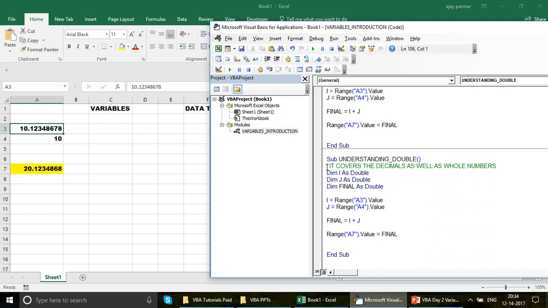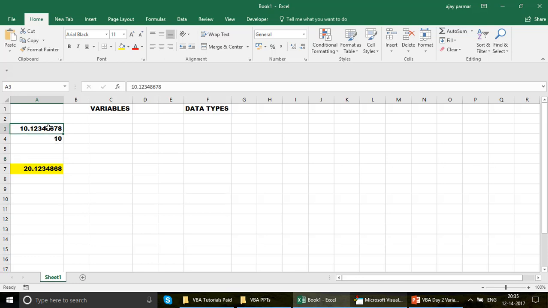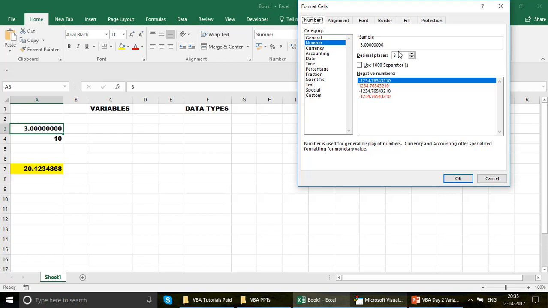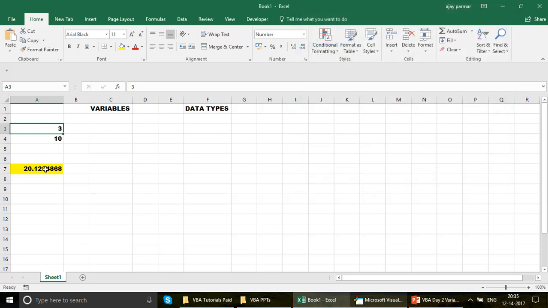So that's how we have the Byte, the Integer, the Long, the Single, and the Double. And of course, if you put some whole number here, let's say 3, and I change it back to this 0, then obviously this will work. Double will not create any problem, because as I said, Double can also take care of whole numbers. So far, if we see the hierarchy, let me just write here, hierarchy-wise